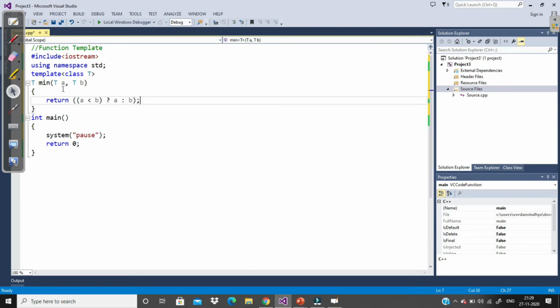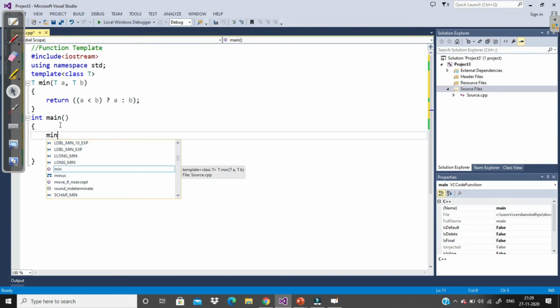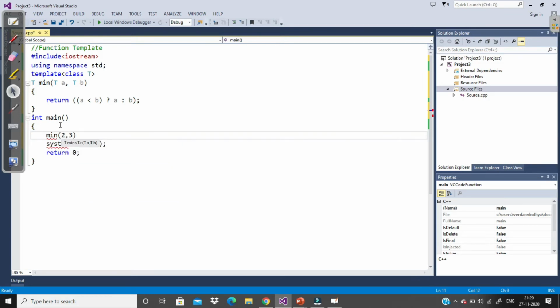Now this T is a kind of class. Class means which data type this particular variable belongs to. The compiler will decide this. For example, let's say I call it on 2, 3: cout min 2, 3.